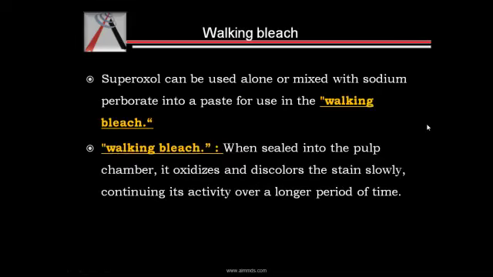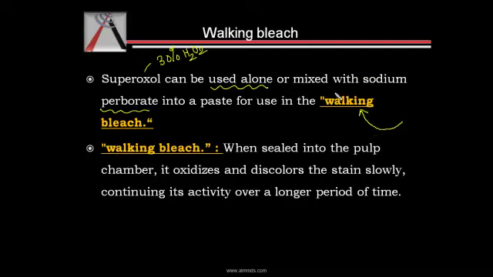Next, we'll be talking about walking bleach. So just now we have discussed the three main bleaching agents, that is hydrogen peroxide, sodium perborate, and carbamide peroxide. Next, we'll be talking about the walking bleach. Now, the superoxole, that is nothing but 30% hydrogen peroxide by weight. It can be used alone, or it can be mixed with sodium perborate into a paste that is called as